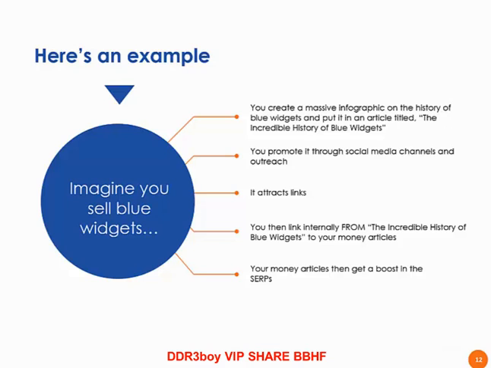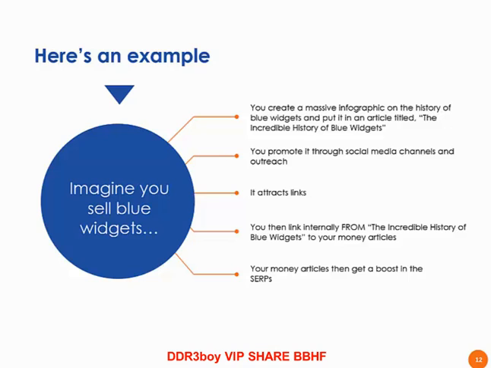So the whole idea here is to use your money articles to make money and to use your linkable assets to gain the authority that your money articles need to actually rank in Google. And I can tell you from experience, this works really, really well. I'm building a new site in a brand new niche, and I built a core of something like 70 different money articles. And then I spent a lot of time and considerably more investment per article on some linkable assets. And I promoted those really heavily, and I got all of the links that I currently have from using those linkable assets. And I don't have one link to any product article. And I'm doing really well.